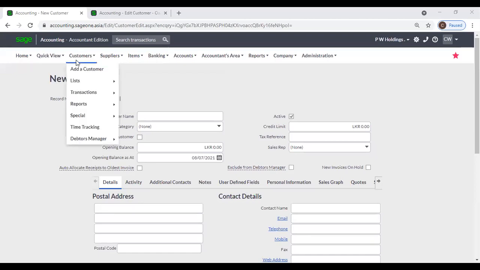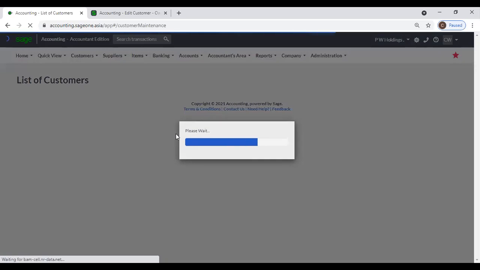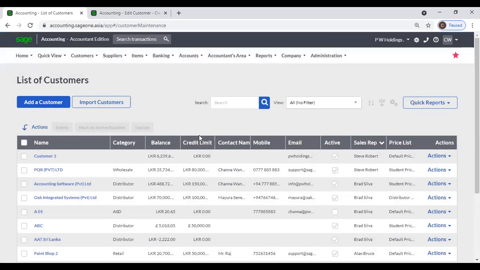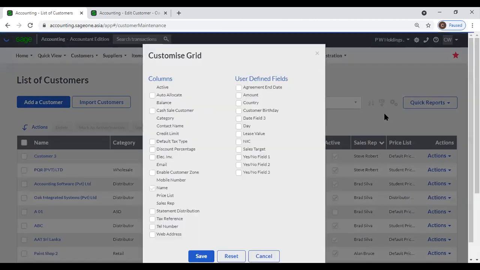Okay, after you create your customers, you can view that list of customers. From this customer grid, you can view customer name, category, customer balance, credit limit, those details. And if you want to add or remove any column, by clicking this customize grid button, you can edit your customer grid. You can select customize grid and